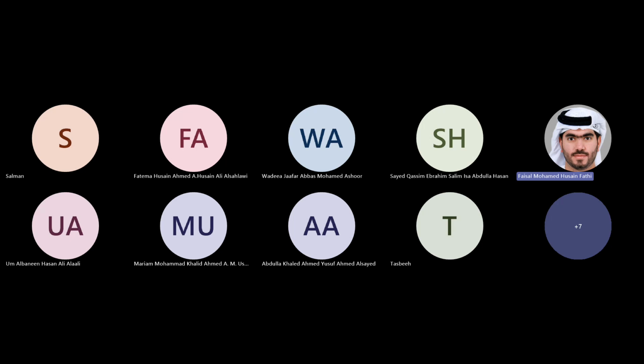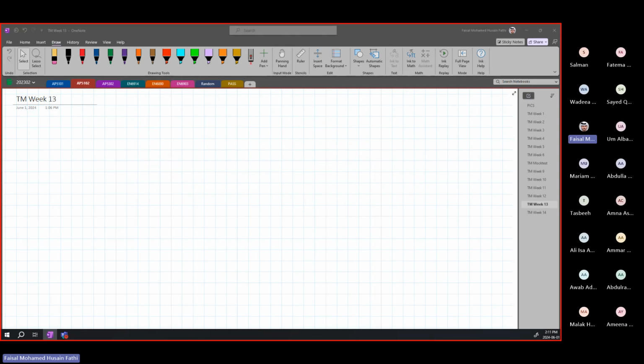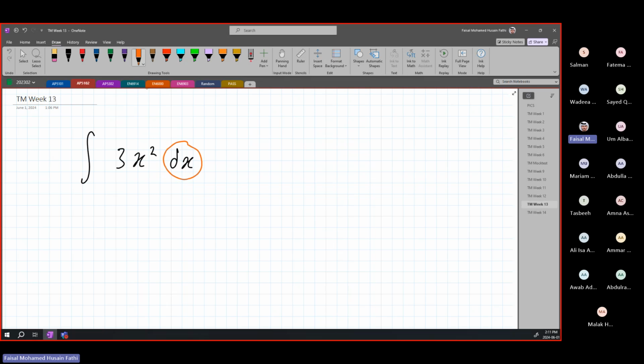Okay, so last time we looked at basic integration for simple forms, such as the integration of 3x squared dx. It is very important to put your dx. This dx basically says we are integrating for x. For this variable x, this is what the dx means. Remember that integration is just the opposite of differentiation.